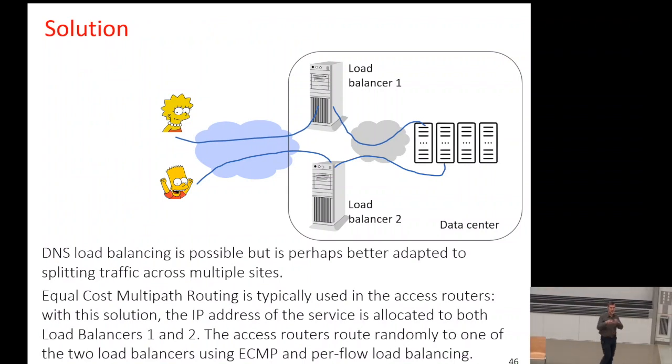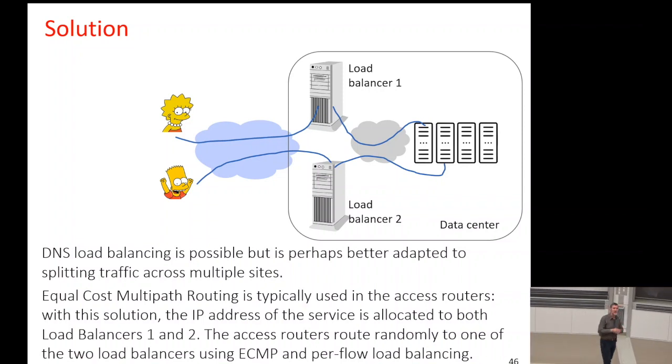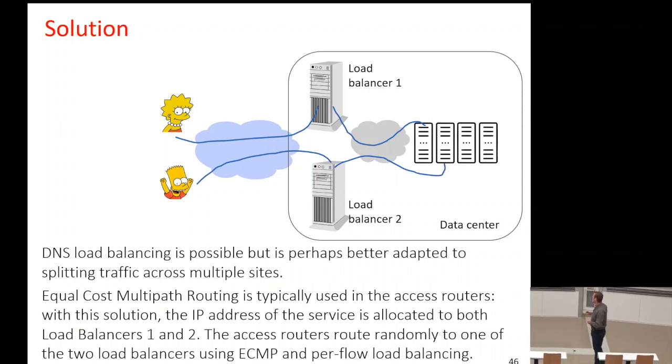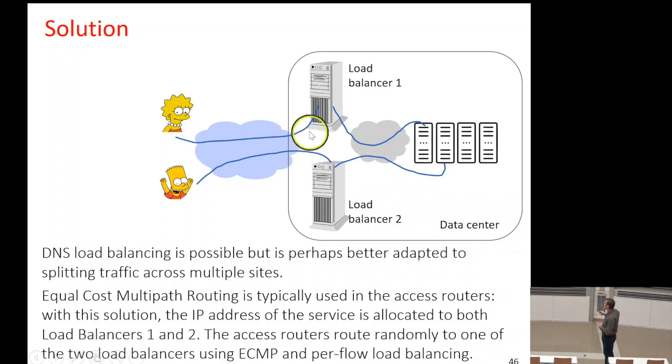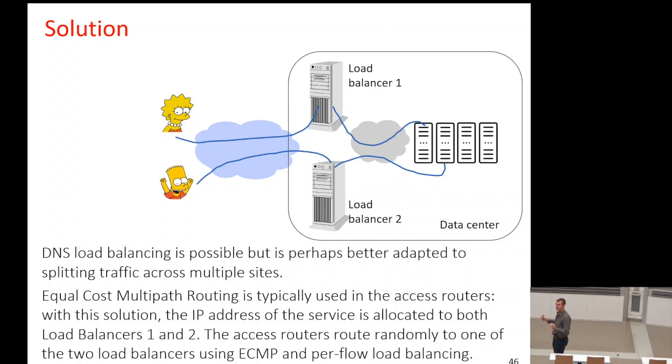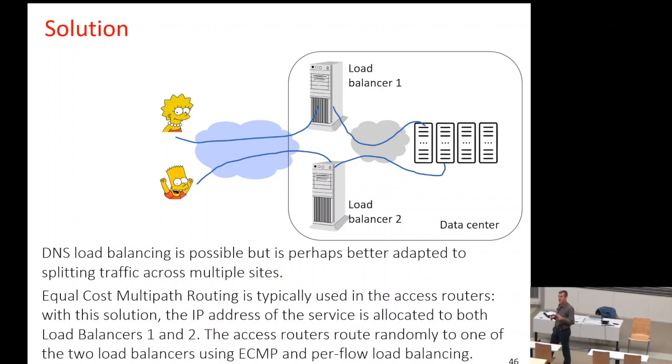When the traffic has decided to come to one data center rather than another one, very often what is done is equal cost multipath routing. So we will put routers at the head of this, and then the same IP address can be allocated to the two machines. And we have seen that with OSPF, for a given destination, we can have multiple paths of equal cost. In the examples we saw,